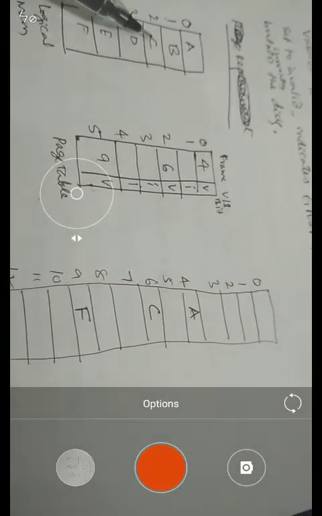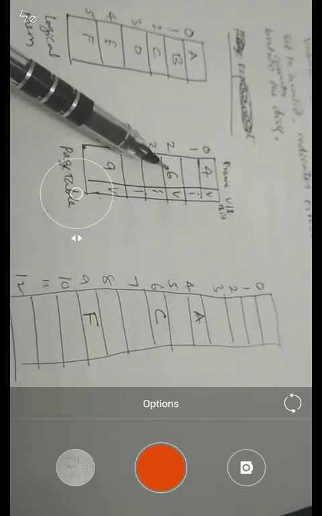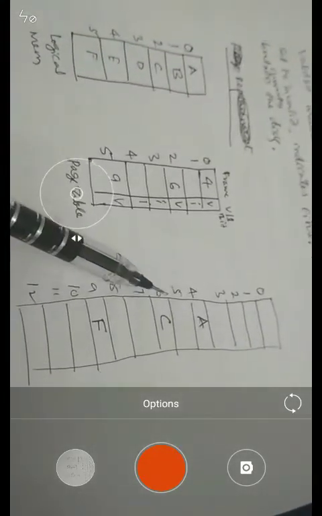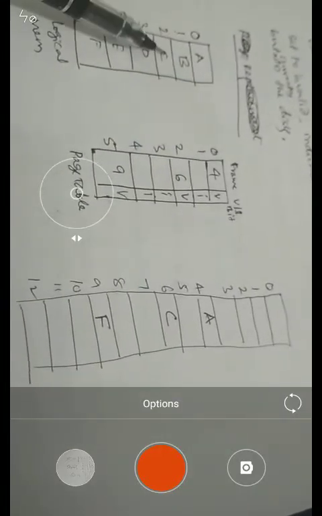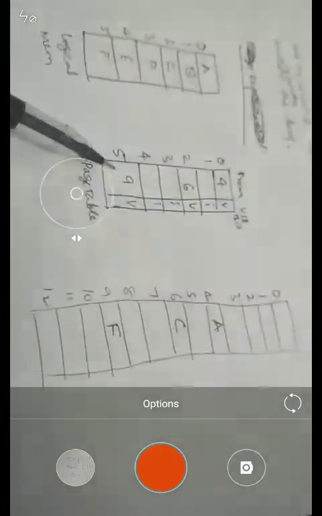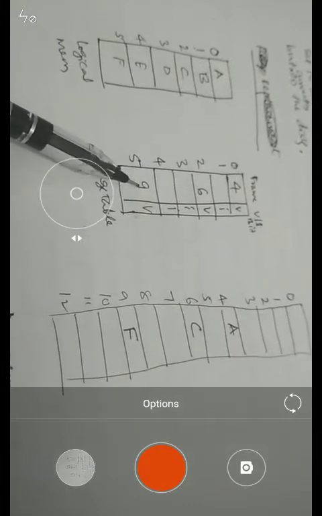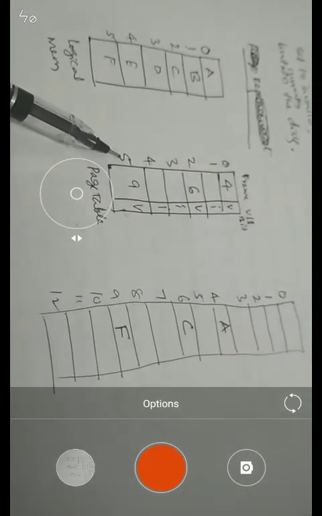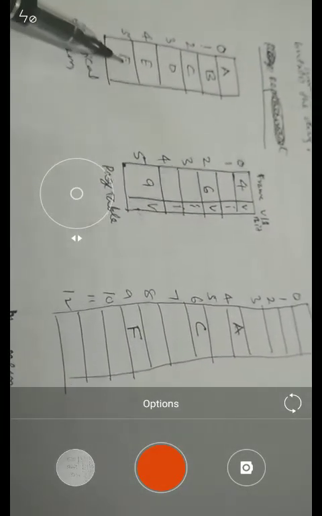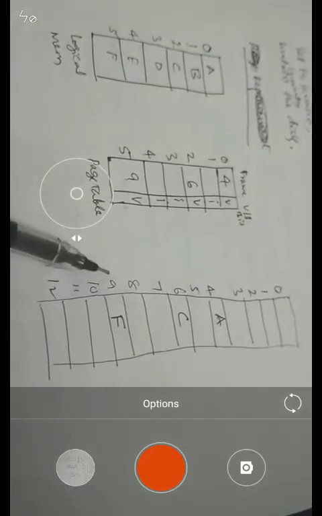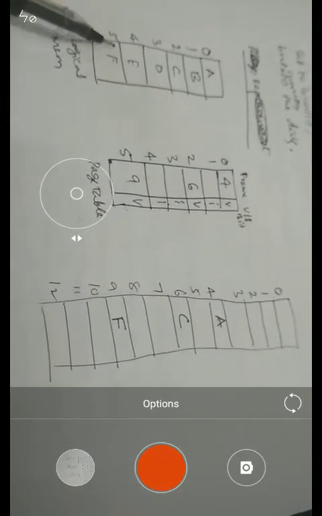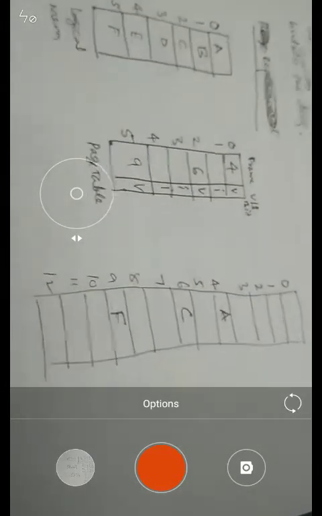Page number 2 content is C, available in frame number 6. Look at another one, page number 5, whose content is F, available in frame number 9. You got my point clear?